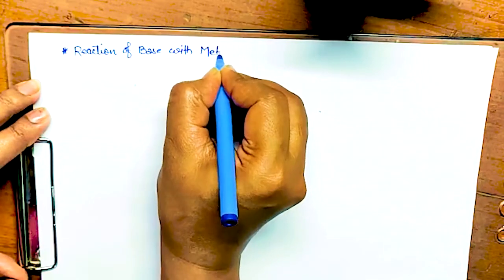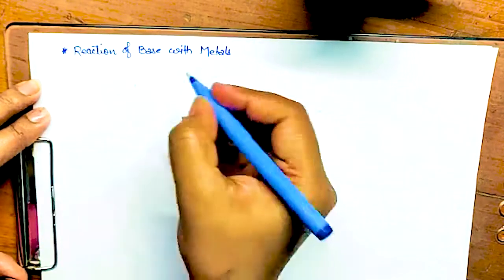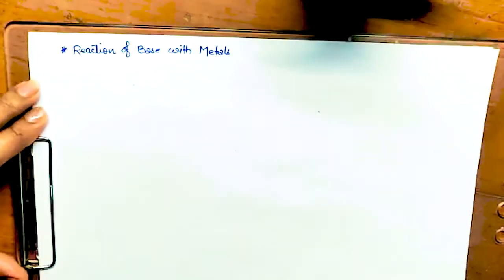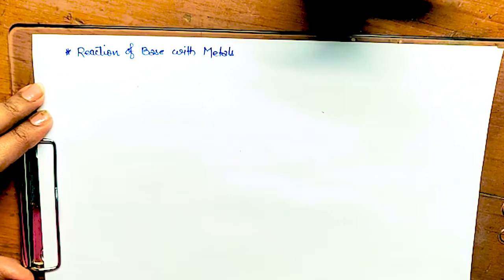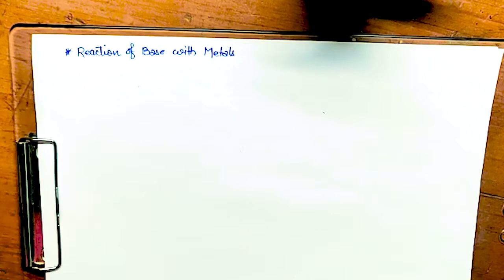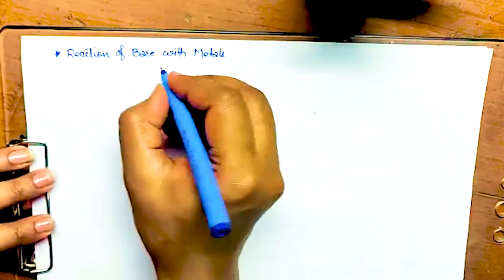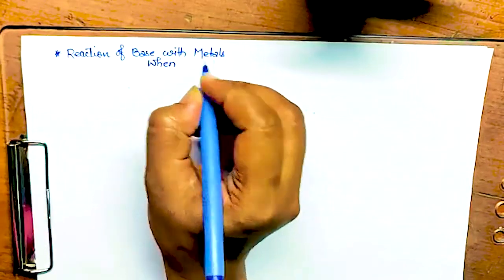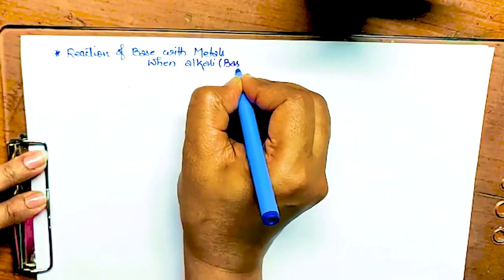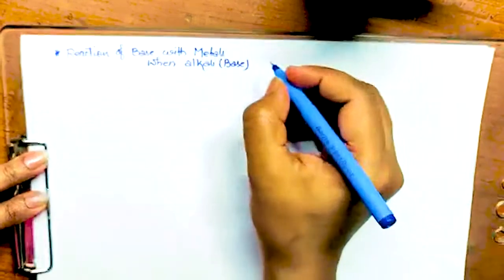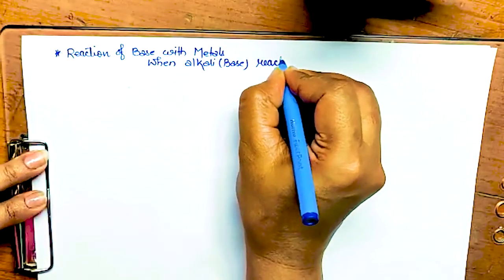Okay. So similar to acid, when a base reacts with a metal, then also they liberate hydrogen gas. Okay. And this can be confirmed by the pop sound when a burning matchstick is brought to the mouth of the test tube. So you can write, when alkalis, which is also known as base, I will tell you what is the difference between alkali and base, react with metal,